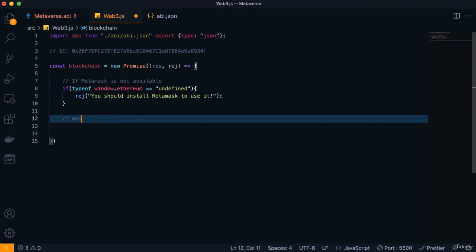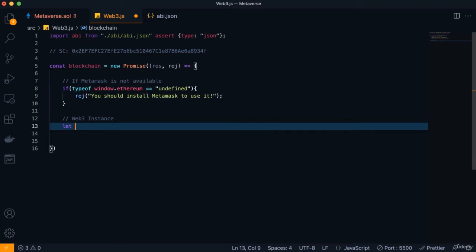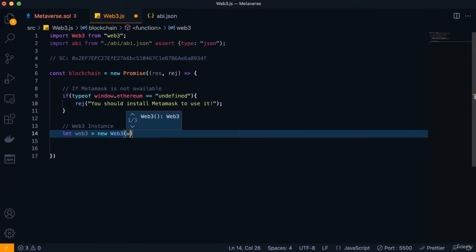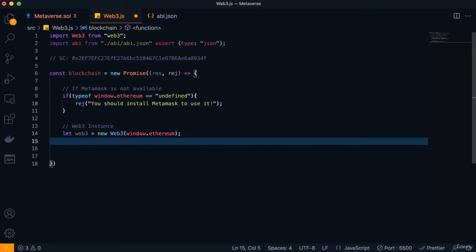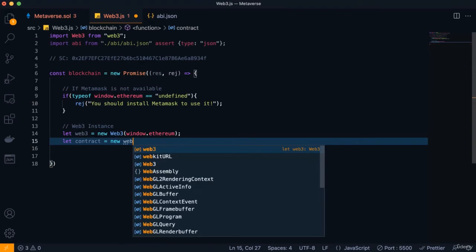Following that, we're going to start a Web3 instance. So let's define here, we're starting a Web3 instance. The way we're going to do that is we're going to go let web3 equal new Web3, and we specify window.ethereum. From there, we move on and we go on let contract. And we're going to establish a connection to our smart contract. The way we do that is we open up new, and with the Web3 instance we're creating, we're going to specify